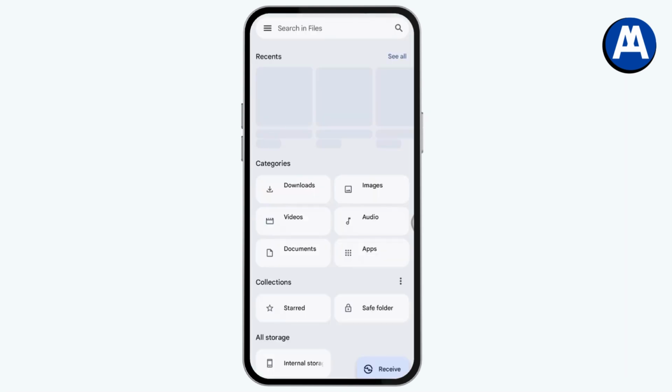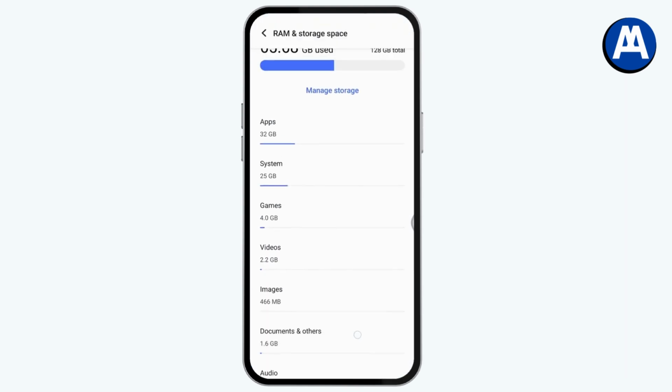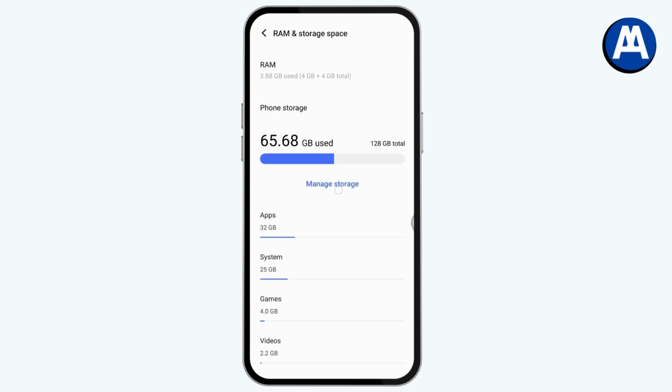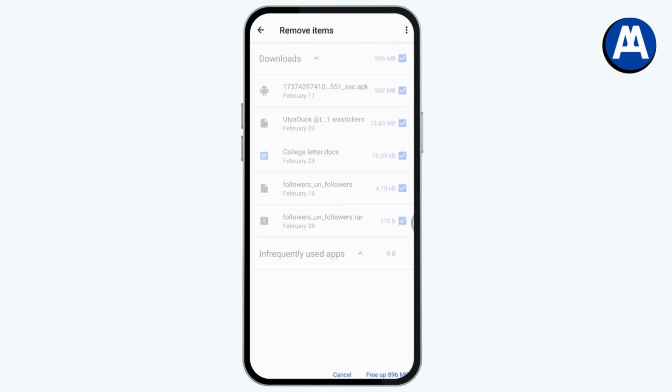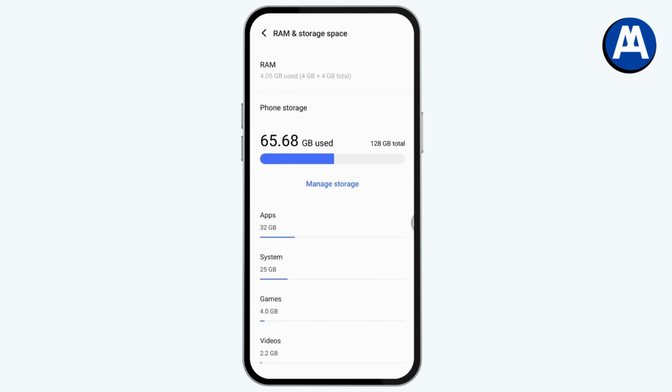After removing the trash, now you can go back, and from here you can go with the documents or the videos or the system, or you can also tap on manage storage, and here you can select the items that you would like to remove. So select the items, tap on free up space, and tap on free up space again, and it will remove the unwanted files. If you have clean junk or clear cache or remove files section, then you just need to simply